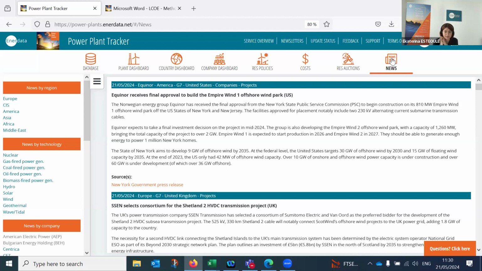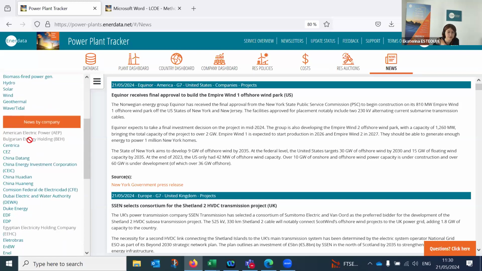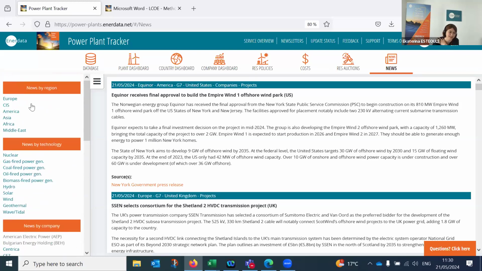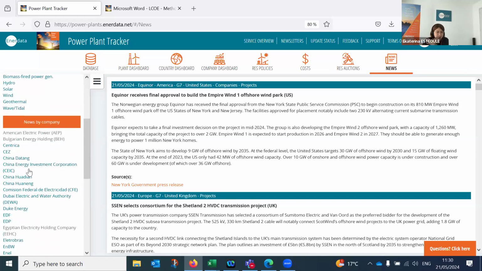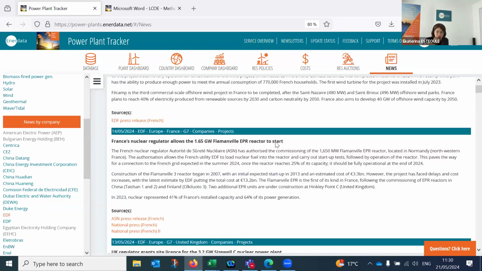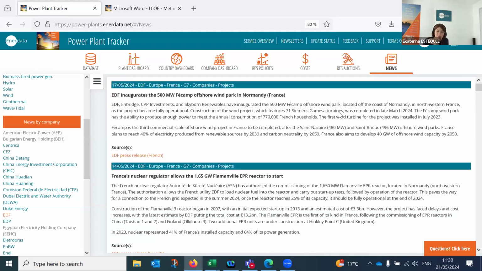And here, if you have some additional time, you may read through the summary of the most important news related to the power sector. And you can select, if need be, once again, not surprisingly, by region or by technology, and even go down to the company level and get information on a specific company, and get this information once again exported.